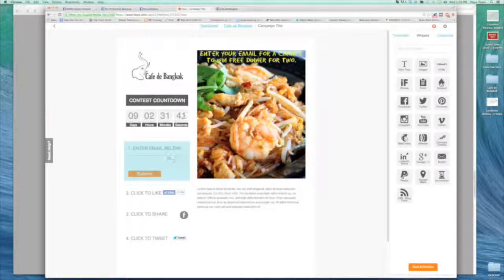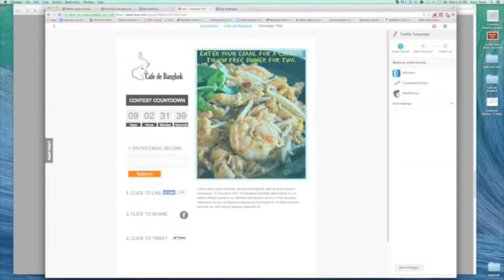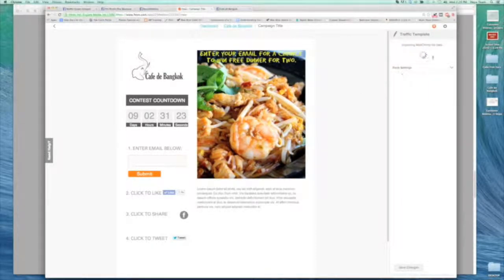However, if I click on this email field, I can also sync this contest to a growing number of email marketing platforms. These are the first 3 we've launched. We've got more on the way. So MailChimp, Constant Contact, Aweber. If you use any of those 3 platforms, it's super, super easy to select one of these platforms, sync your